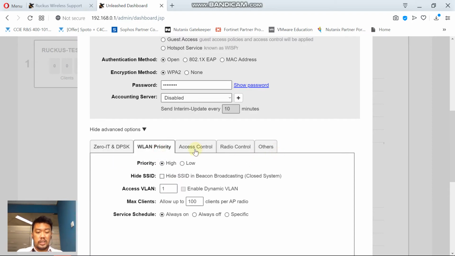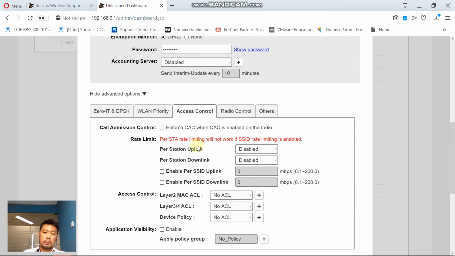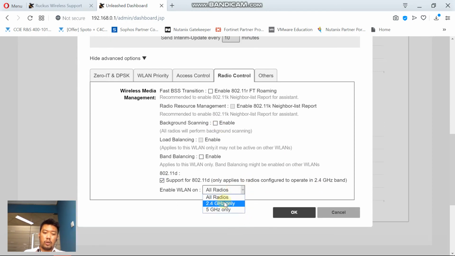And then this is for WLAN priority. And this is for access control. If we want to limit the uplink and downlink, we can do it here, and this is where we will enable the WLAN. Is it on 2.4 GHz only or 5 GHz only? We will enable it on all radios. So we just click OK,